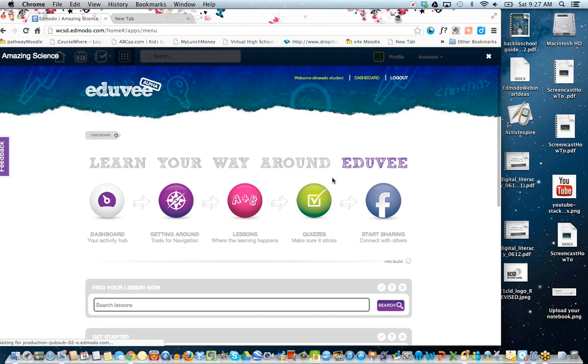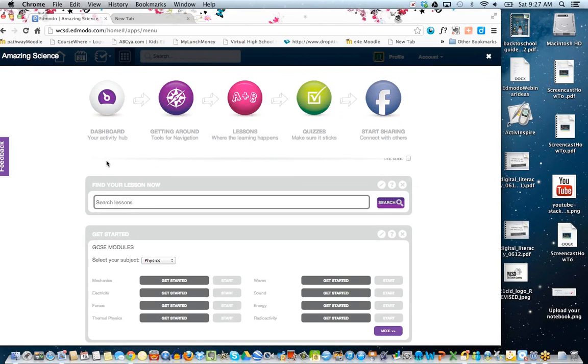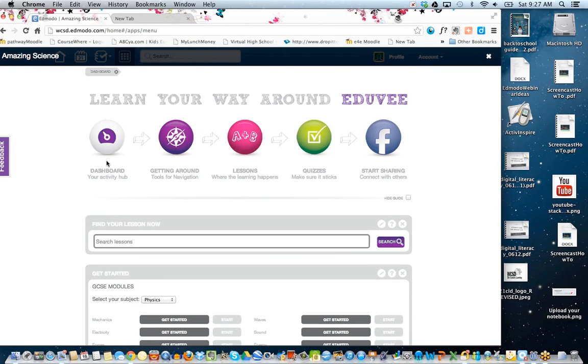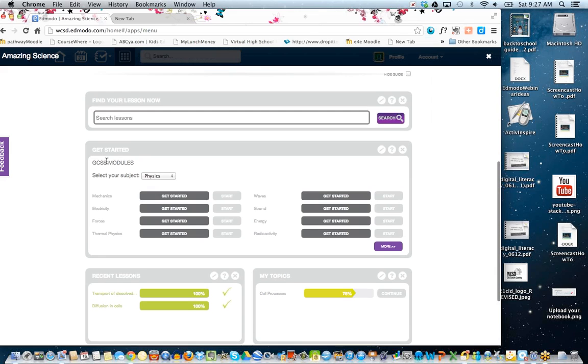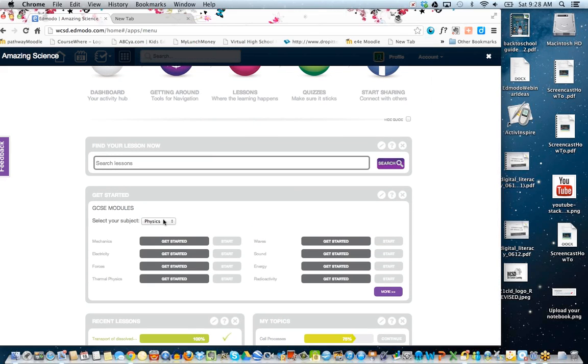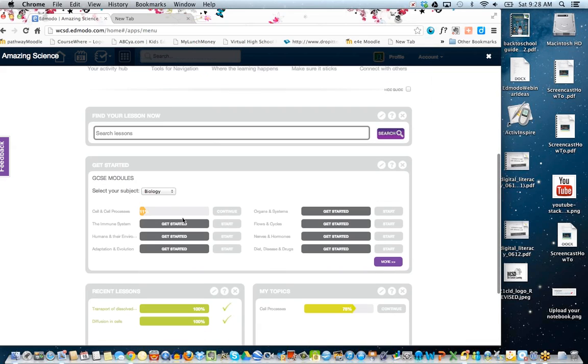This amazing science one is one where the teacher really has a lot of power under the dashboard to see exactly what the students have completed. Now, I'm logged in as a student right now, so it really only shows me the point of view of the student. This is one that I bought. I think it was like $9.99 per group, but it's got all kinds of science tutorial type lessons. You can see I did the cell and cell processes one and I'm 11% through.